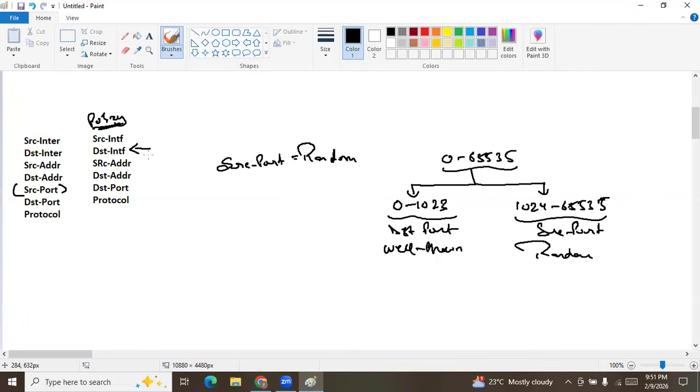Matching condition is destination interface. So when a firewall receives a packet, it needs a destination interface to match against the policy that has been configured. What is the process or function which will tell the firewall that this traffic needs to be sent out from where? That is